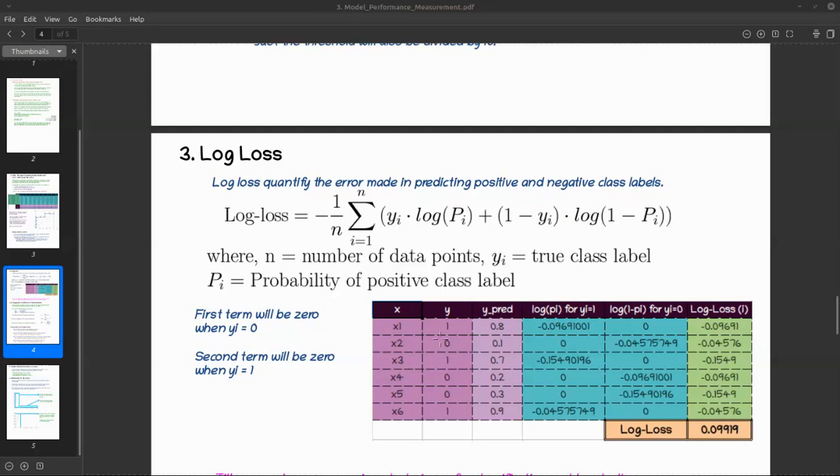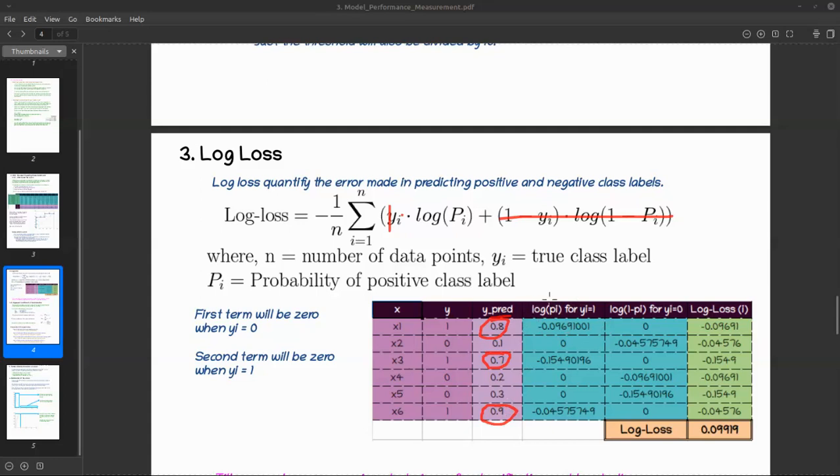Let's take one intuitive example. If my y equals 1 here, here and here, what should be the probability of my model? It should be as high as possible, from 0 to 1. It should be like 0.8, 0.9, 0.95. It is good, because this y prediction is nothing but the probability of class label 1, or the positive class. So if my value of y is 1, that means positive class, and this probability value should be higher and higher. So what is the loss? Log pi, because this would be 1 times this and this would be 0. So log pi.